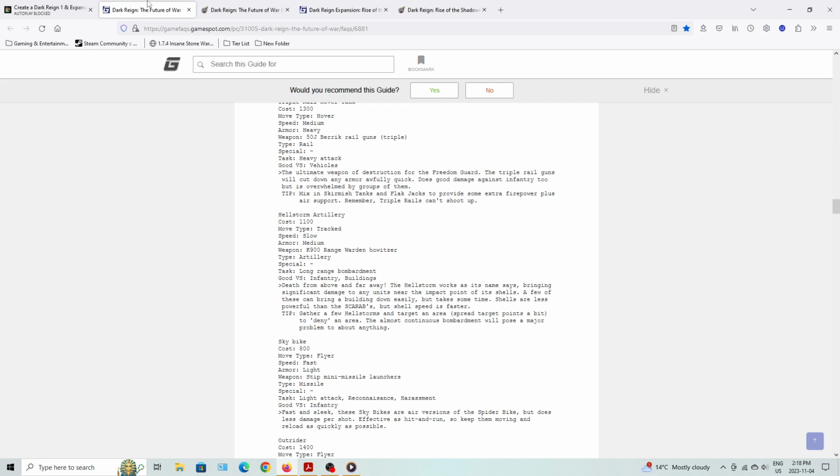Even though I'm just gonna mark both these guys extreme, the Hellstorm Artillery actually fires faster, its shell, than the Scarab's munition. So you'll actually see them both fire at the same time. For example, I showed it off in my Togren playthrough with the last mission of the original Dark Reign. The Hellstorm Artillery actually fires and hits the target first before a Scarab does, which is